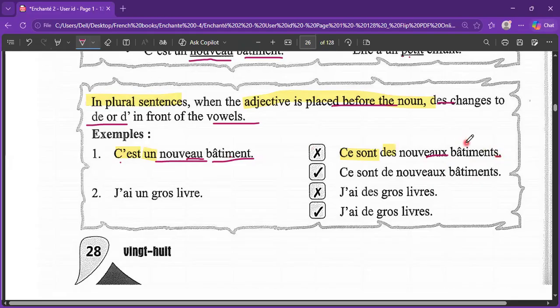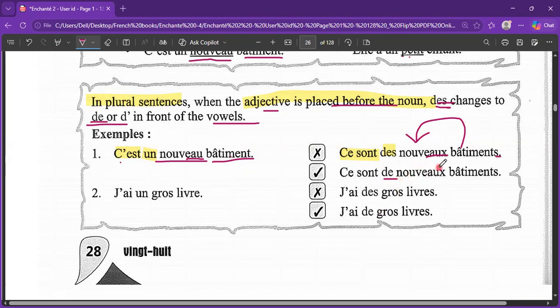Now you can see, according to the rule, the adjective is already placed before the noun. So in those cases, des has to change to simply de, or if a vowel is coming in front, it will change to d'. That is a separate case.